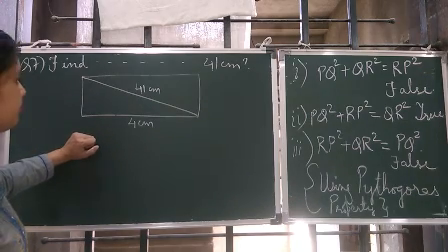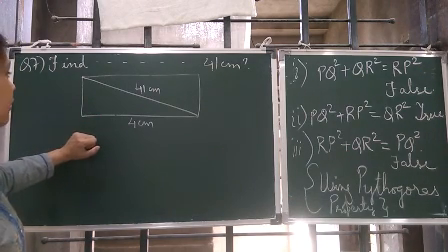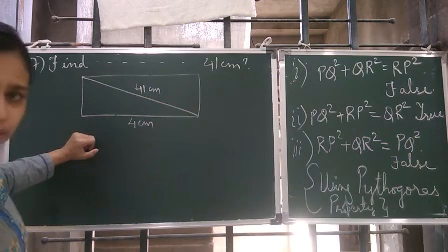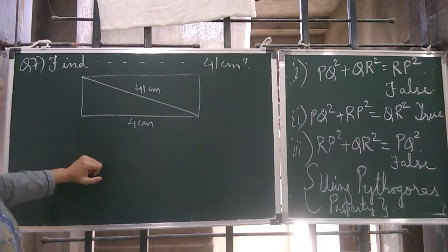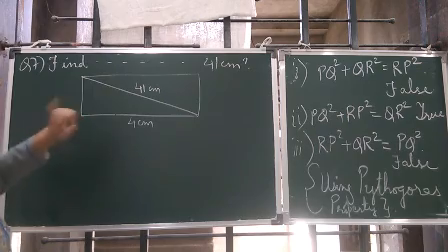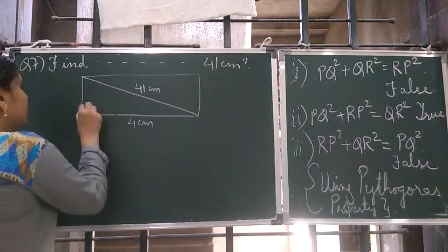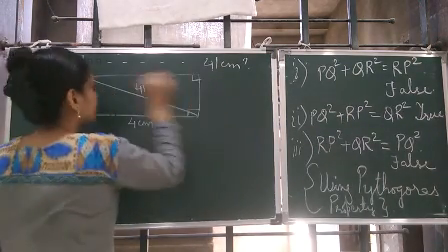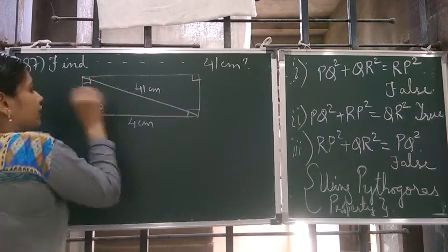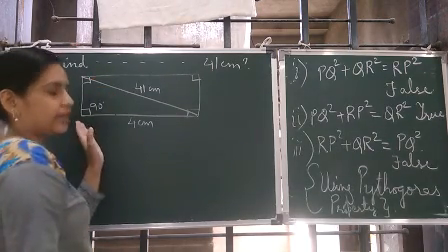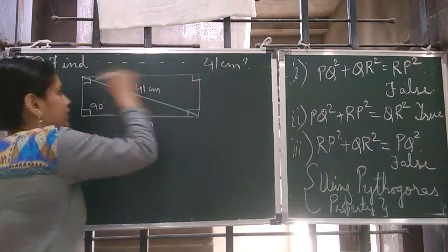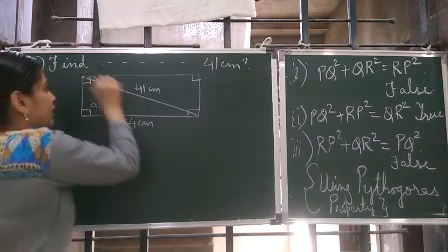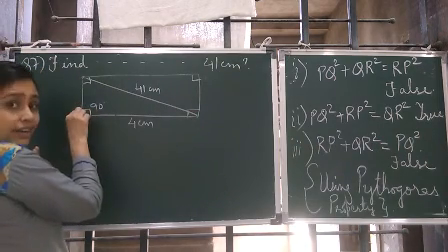Now children, you can see that breadth is not given. This is the breadth which is not given. Diagonal is given. And we also know that each angle in a rectangle is 90 degrees. This is a rectangle who has all four angles equal to 90 degrees. Now if you assume that this is a triangle, then it is a right triangle.